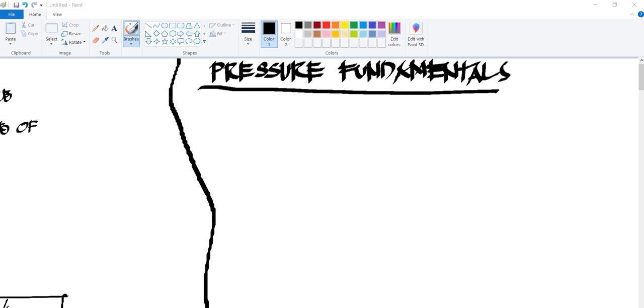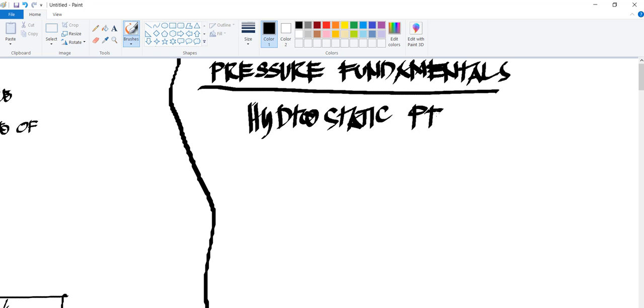So let's go to pressure fundamentals. So we have your hydrostatic pressure. So our hydrostatic pressure, which is defined as the barometer, or where the barometric pressure or atmospheric pressure